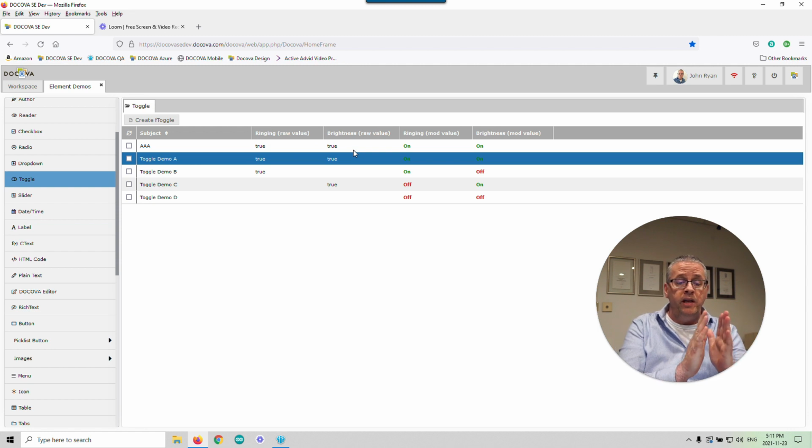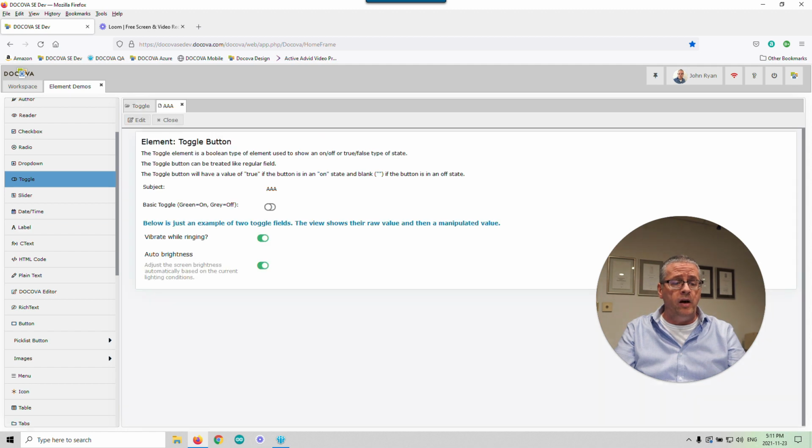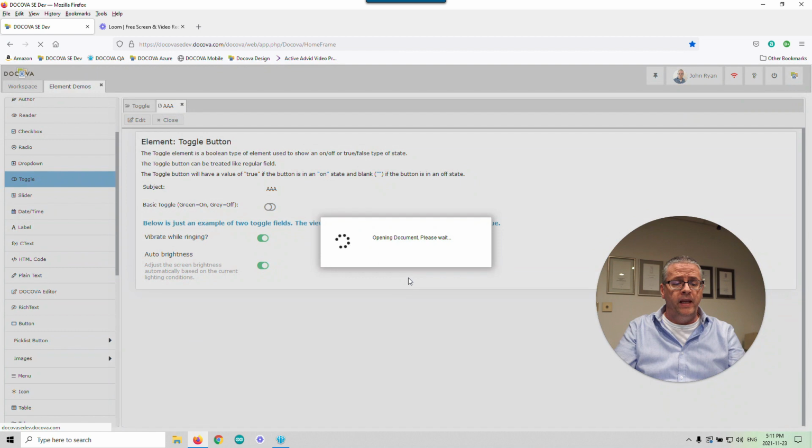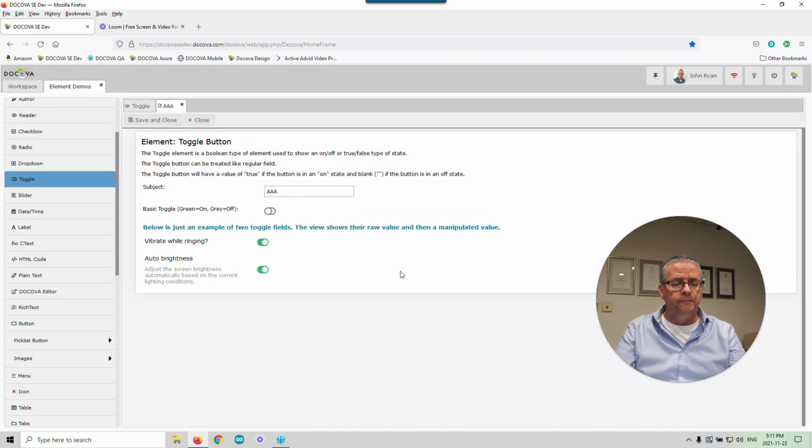So I'm just showing in these columns in the view that I could depict that as true and true, or on and on, for example. It's just an example, and when I say on, I turned it green, so if we go back into that document in read mode, this is the way it looks. If I go into edit mode and say turn vibrate when ringing off, and I save and close,